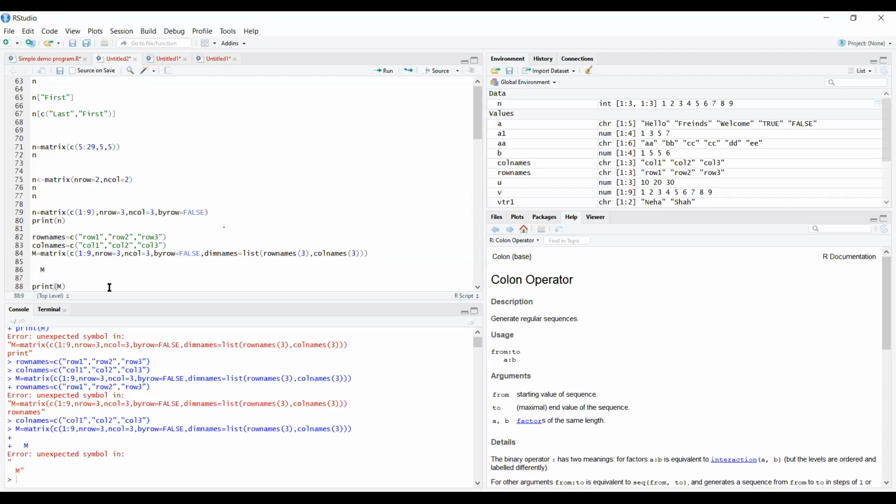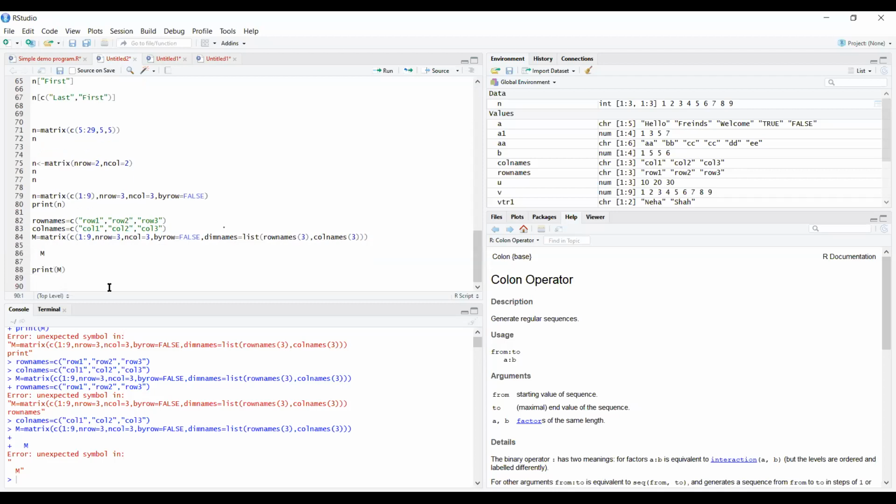Now moving on to the next part. This is how we make matrices, or how we can arrange matrices. Now array, how to make the array. An array is not very different from a vector, but it stores the values in 2 dimensions.